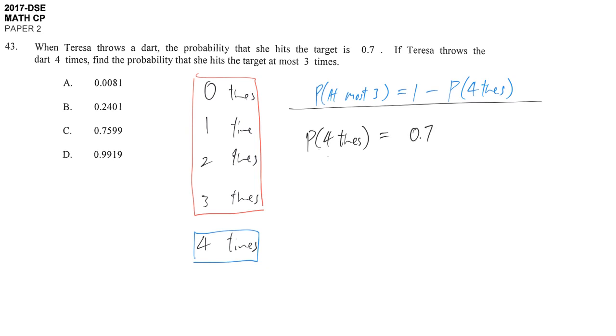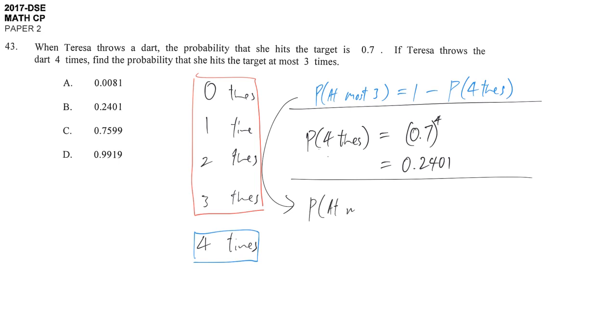Every time we hit the target is 0.7, and we have to repeat the same action for 4 times, so this is power of 4. It's 0.2401. Around 24% that Teresa can hit the target 4 times together. And that's why our final answer is equal to 1 minus 0.2401. Then we get the answer is C,